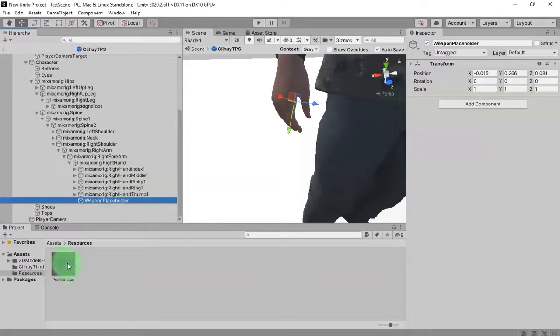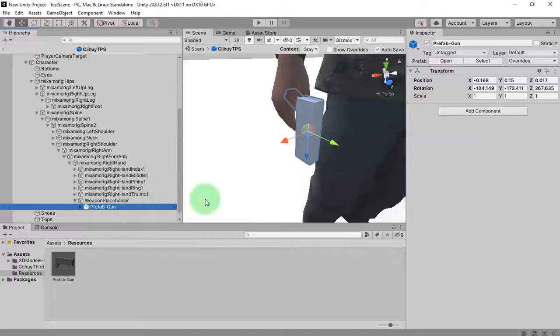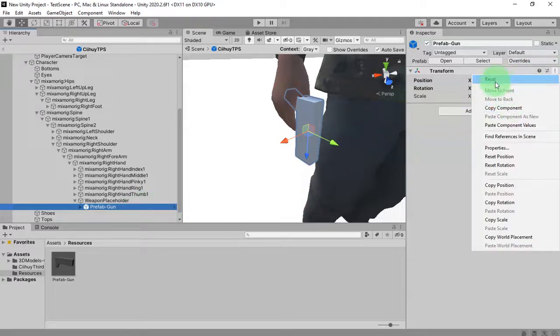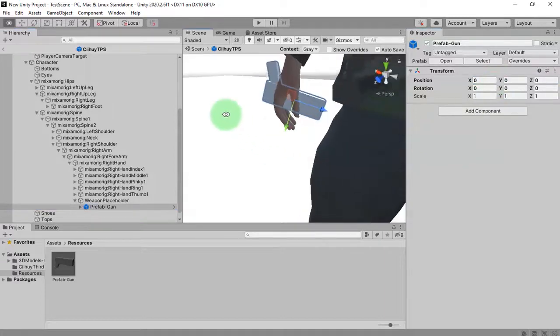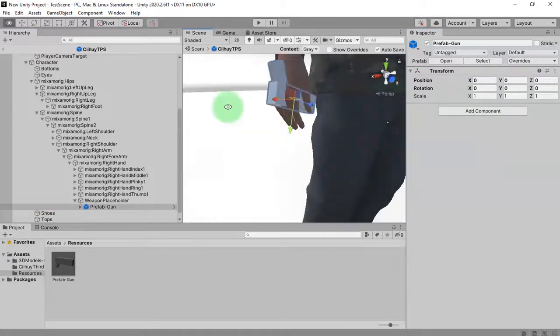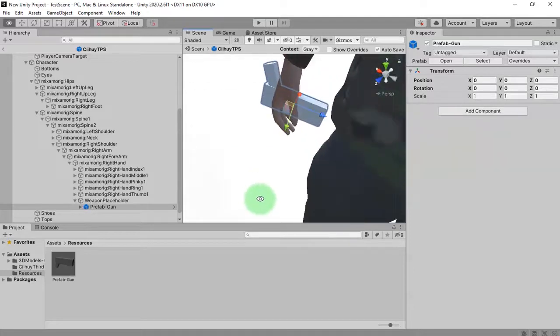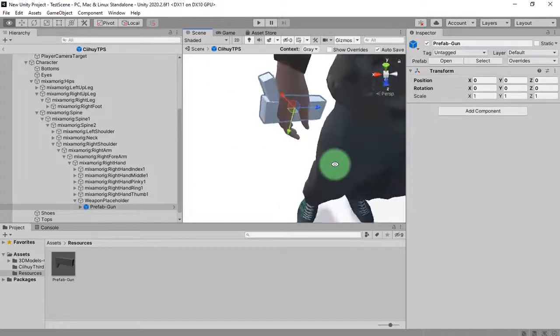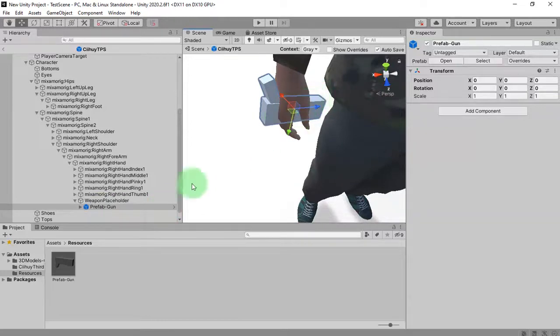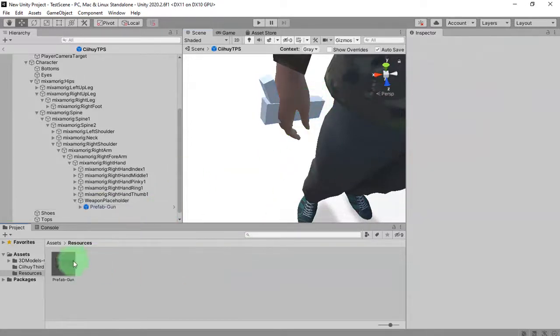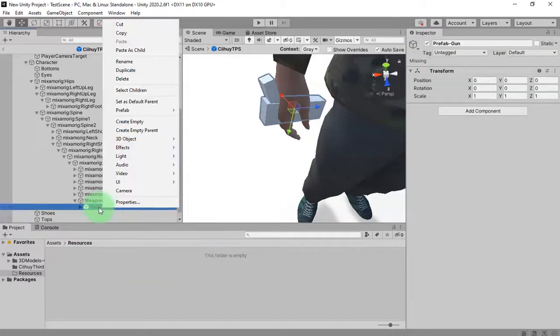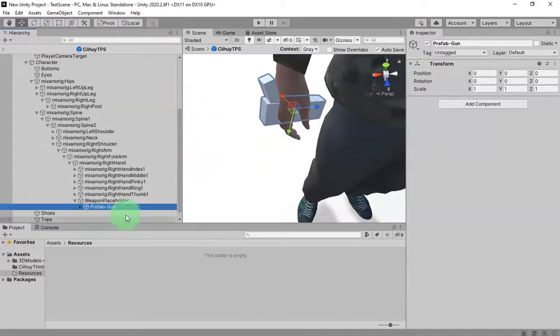Alright, I will place it here as a child, and I will reset the transform. Click reset. Okay, initially the position of the prefab gun is like this. Let me delete this prefab, and I right click on this object and unpack prefab completely.